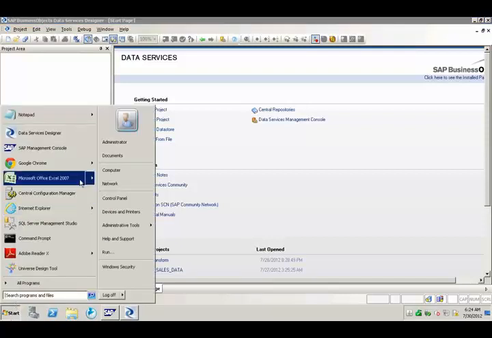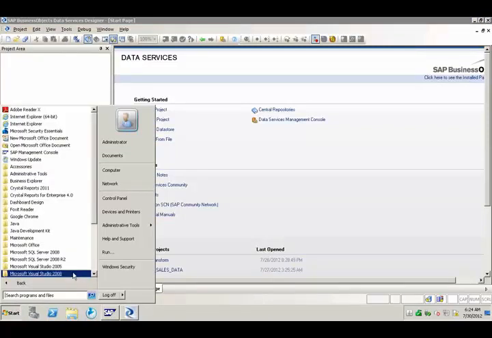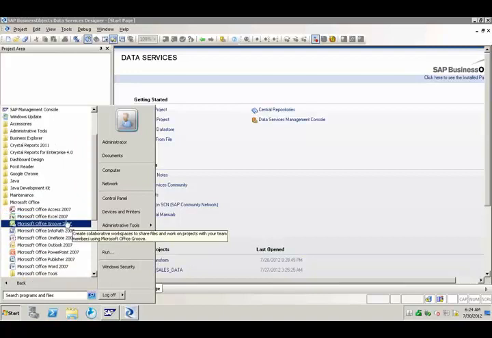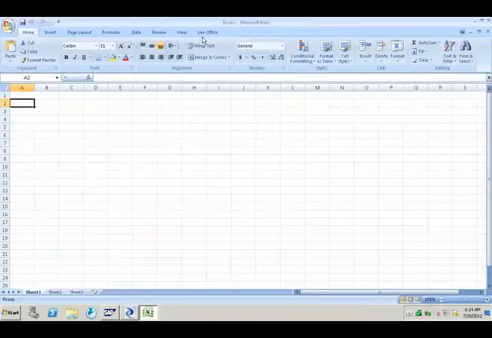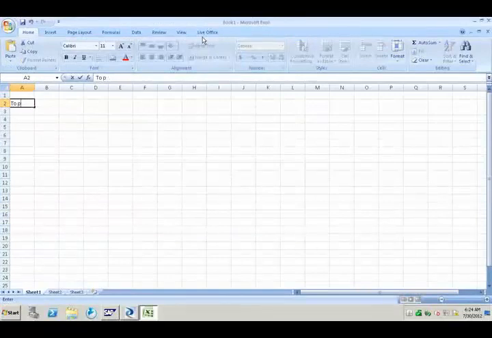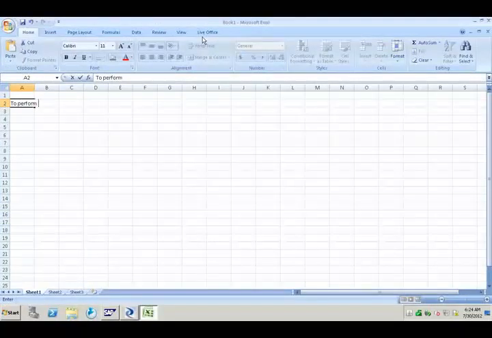So try to understand this before I get into XML pipeline transform. When will we use the XML pipeline transform? To perform an XML data extraction, that means I want to load the XML data to a table.